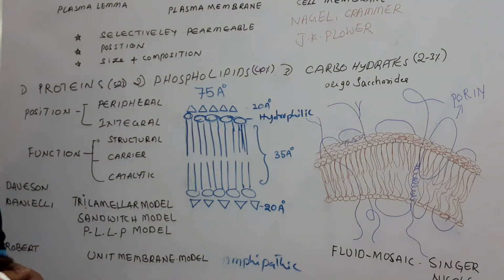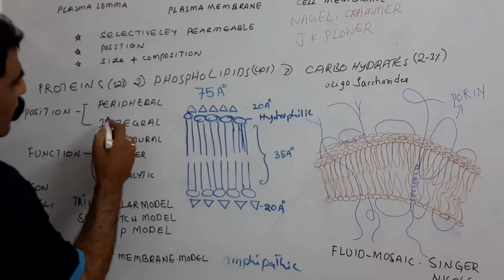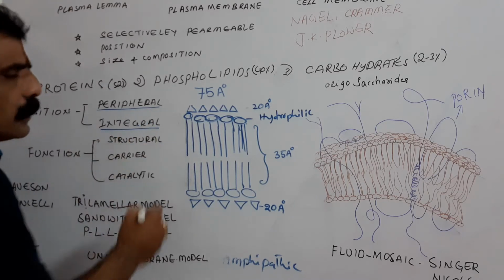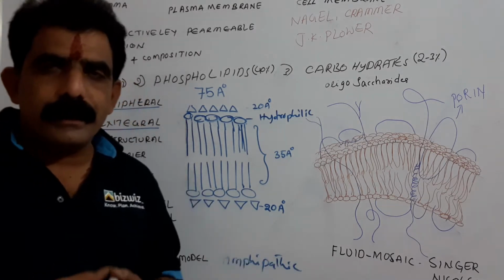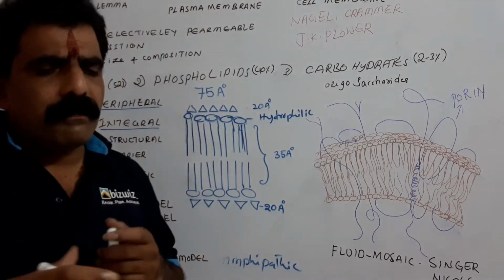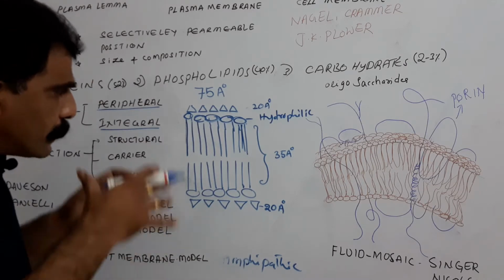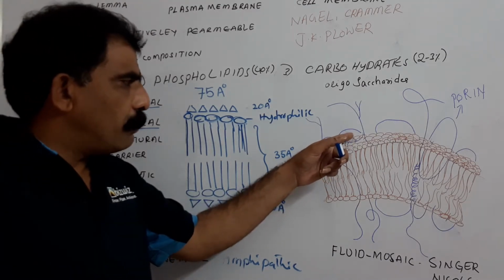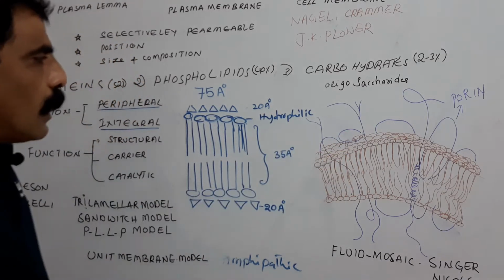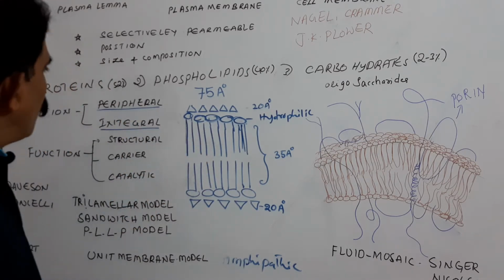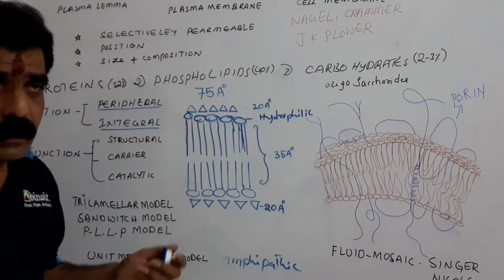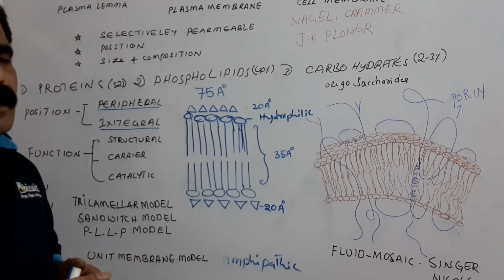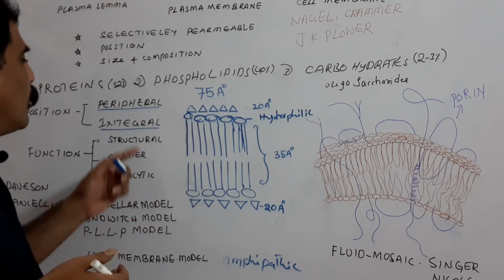According to the position of the proteins, there are two types. What are they? Peripheral proteins. Second is integral proteins. The names themselves indicate what they are. Peripheral proteins means the protein molecules that are present on the bilipid layer loosely. You can see here, it's a peripheral protein which is present loosely on the bilipid layer. For instance, spectrin. Spectrin is a peripheral protein which is present on the surface of the bilipid layer and loosely attached on it. Whereas the integral proteins